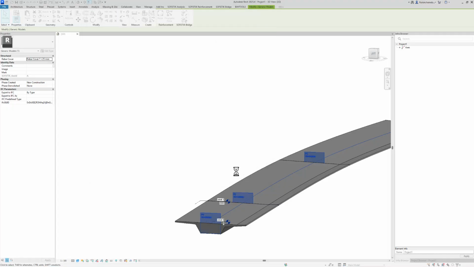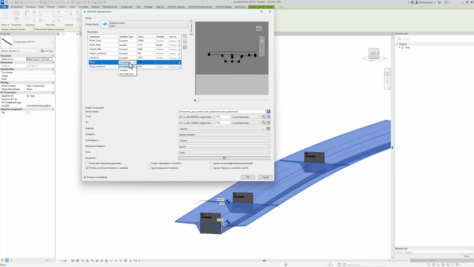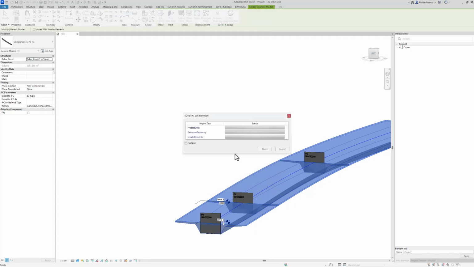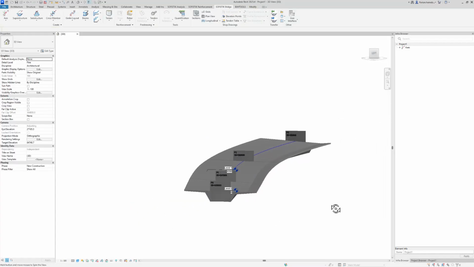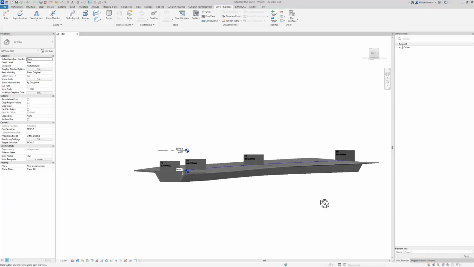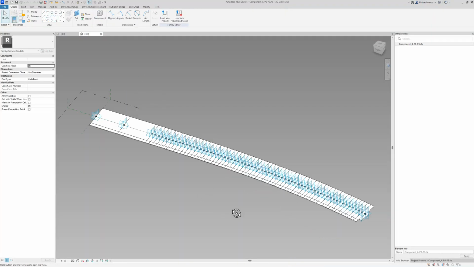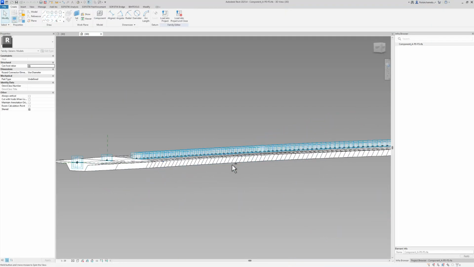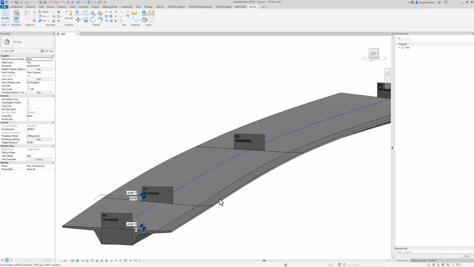Click on OK. And we can assign this parameter once more to the slope parameter that we have in our family. Click on OK. And the parametrization can continue by every step that we take with this tool. You can see that it's slightly updated, and just for you to have an idea what's going on under the hood, you can double click onto the family and can see the amount of intersections that was created by the program to create this volume.